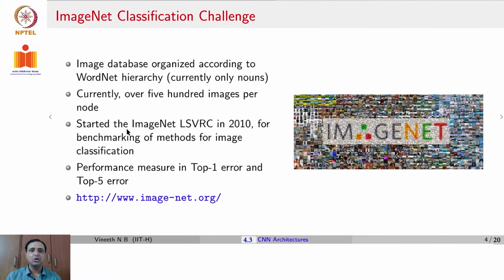This led to a significant effort across researchers to benchmark their machine learning models, computer vision models in particular for image classification, on a common data set in which everybody could check how their models performed. The performance measure on this data set was known as the top one error, which is the error when you look at the best prediction of the neural network against the ground truth, and the top 5 error, where you try to check if the ground truth was in the top 5